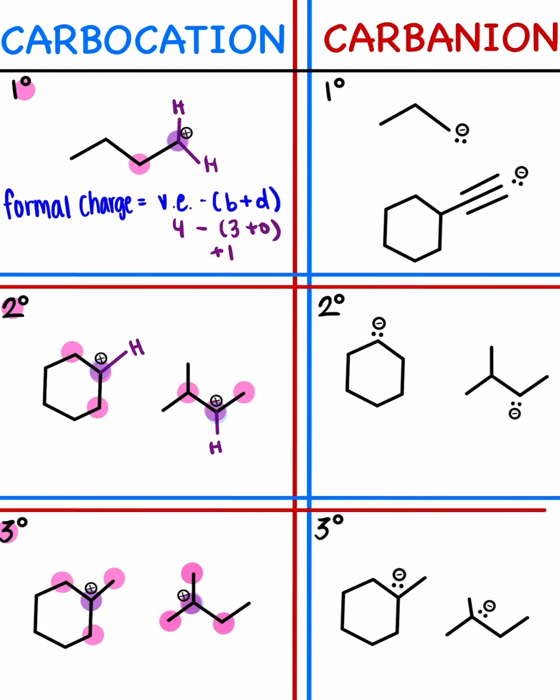We said that the valence electrons of carbon is 4. So 4 minus 5 is negative 1. That means you have to have your bonds and your dots have to add up to 5. So in this case, if you notice, you already have here,